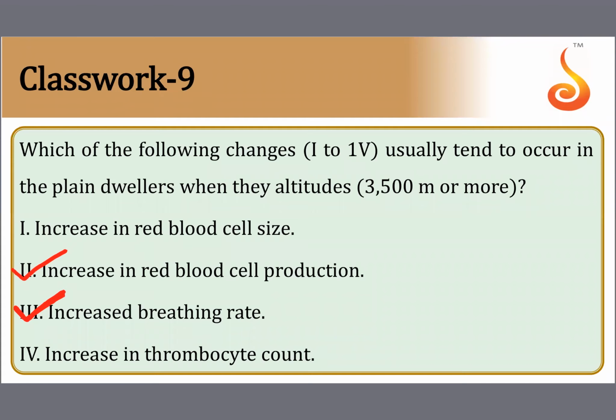Okay, two things happen when you move from plains to higher altitude. To compensate for the thinned down air, your bone marrow will start making more RBCs. So there is increase in the RBC, that is red blood cell production, and there is increased breathing rate, because even if you breathe in normally, you're not taking in enough oxygen because the pressure outside is low. It's not as high as the pressure that exists in the plains. This is something that is called acclimatization. Actually, you get acclimatized to higher altitudes once you have moved over to that particular region.